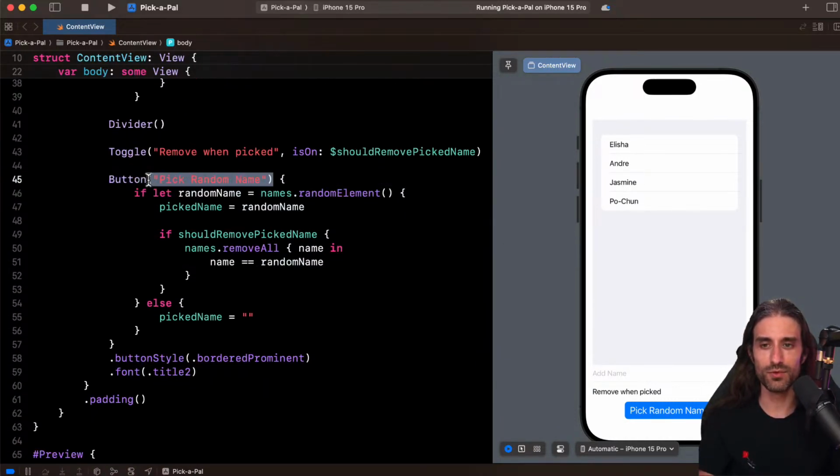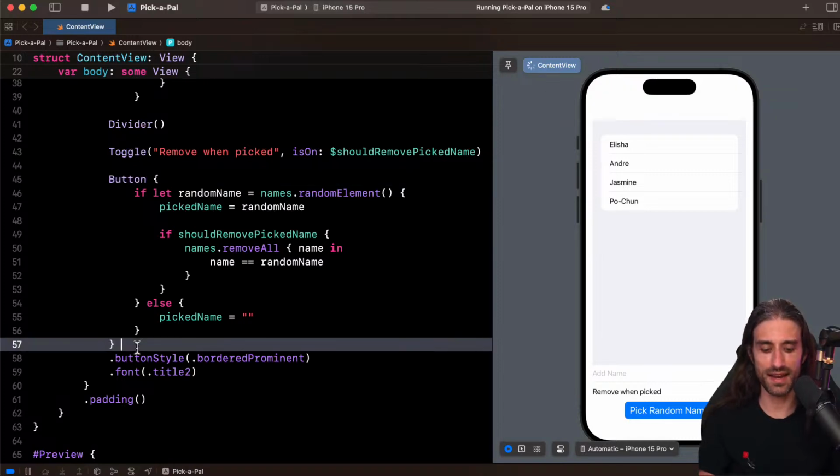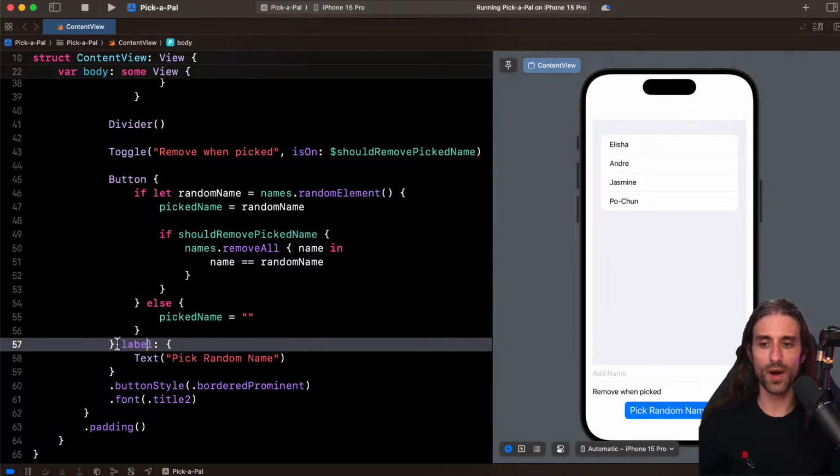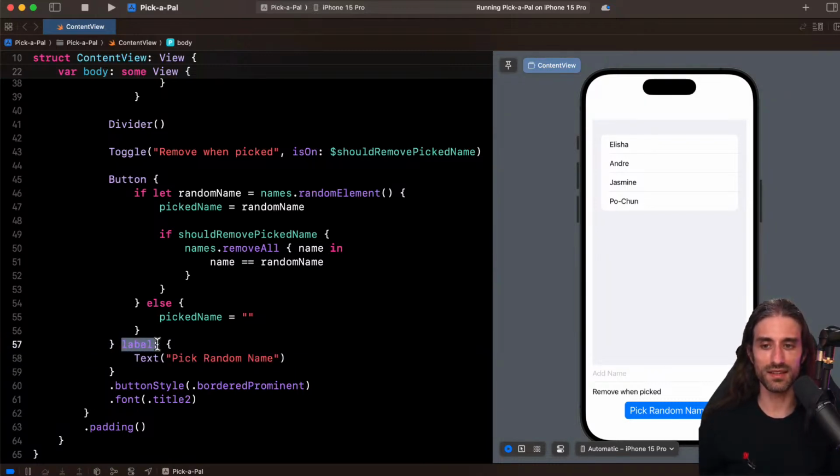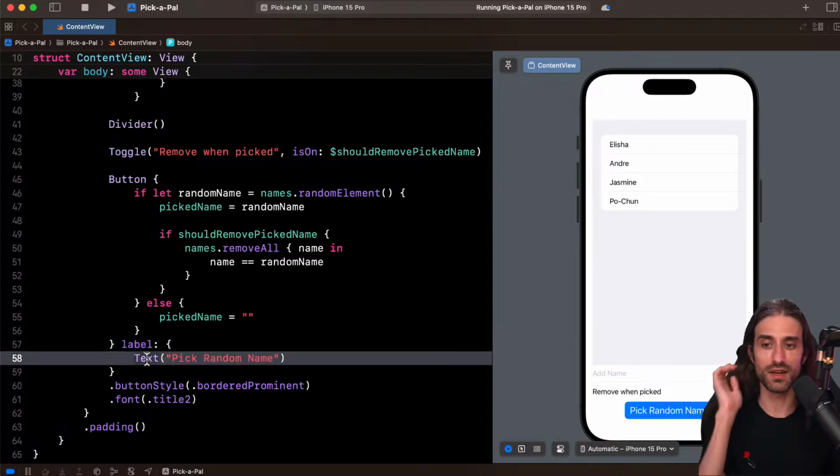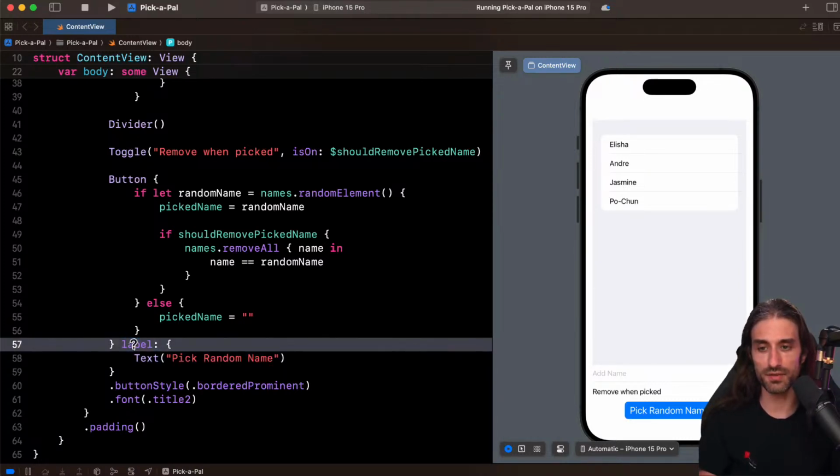So here I remove this part right here and I add the second closure. So label like that. When label is used in that sense, a closure argument that returns the view passed to another view, it can be anything. It can be a Text, but it could be a VStack, a very complex VStack, a combination of VStack and HStack. It can be any arbitrary view.